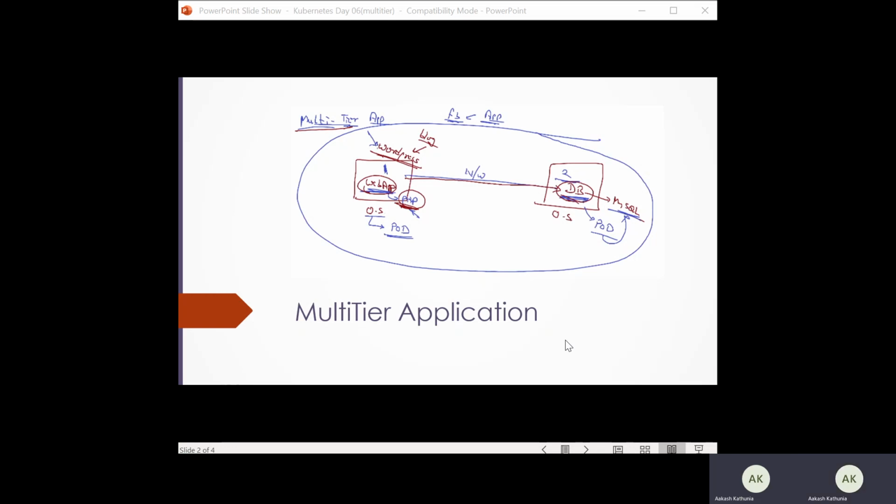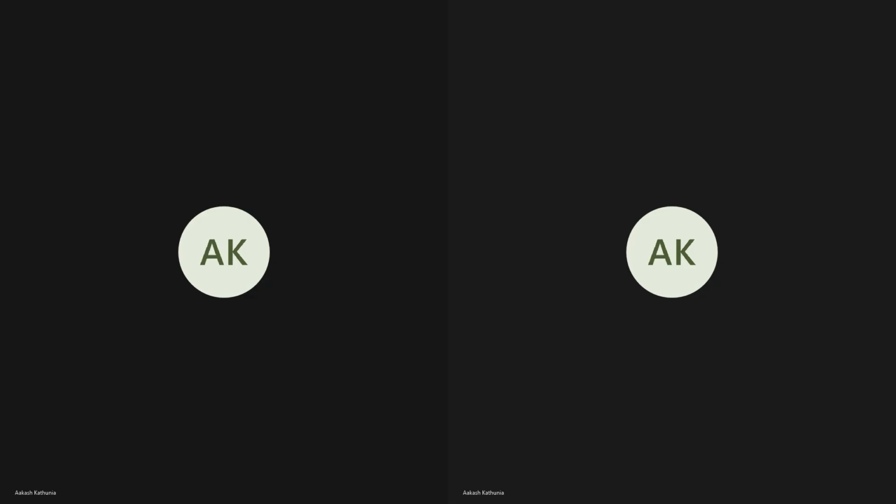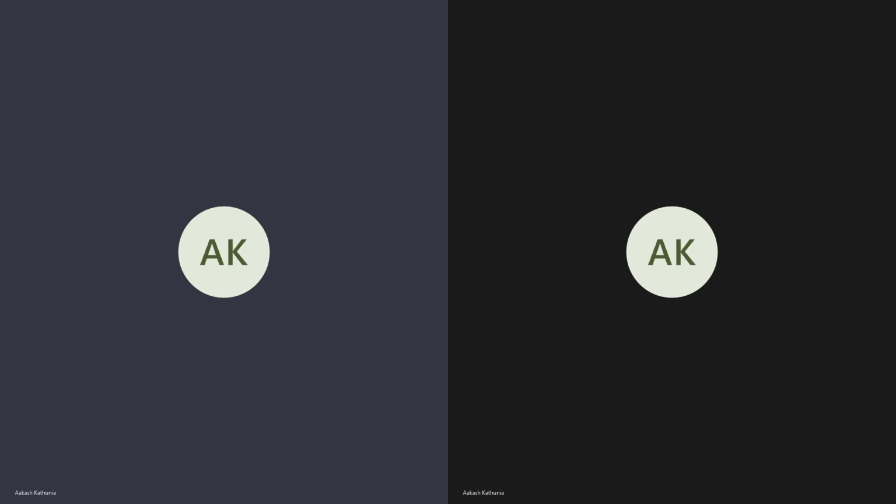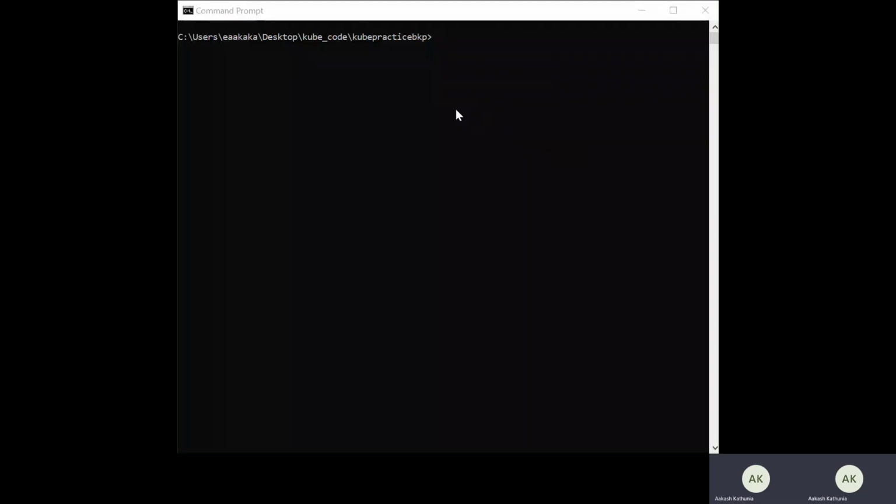Let me go to the terminal and show you. Okay, so here is the terminal. In this terminal, first we need to start Minikube. So let's start Minikube.